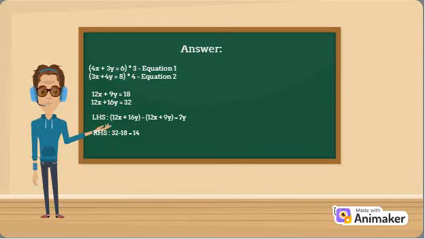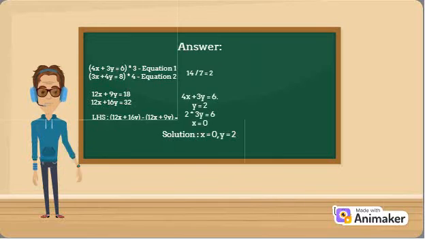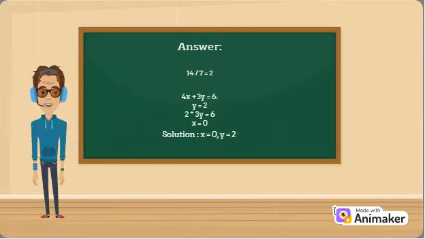Now divide it into left hand side and right hand side. And then in the left hand side, when you subtract, you'll get 7y, and in the right hand side, you will get 14. So now to conclude this answer, we need to divide 14 by 7 to get 2. Now take equation 1 and substitute the value of y, and you'll get x is 0. So the result of this answer is that y is 2 and x is 0.